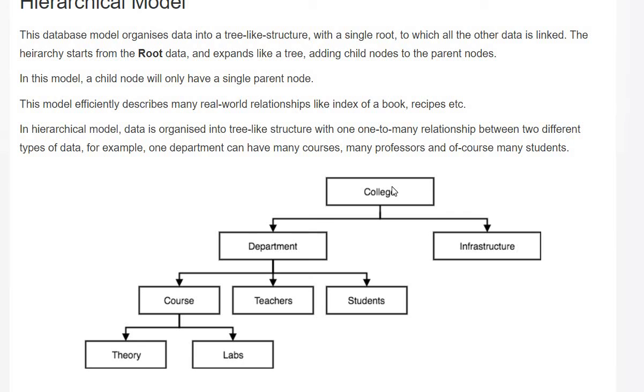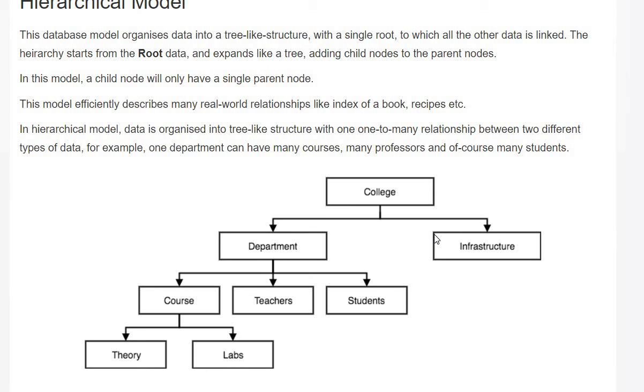Because if we are creating a huge amount of data, then we should know that first of all we have to create for college, then department, then infrastructure, and so on. Now, in the hierarchical model, as I told you, data is organized into a tree-like structure, and they have a one to many relationship. College is one, but it deals with two relationships, that is department and infrastructure.